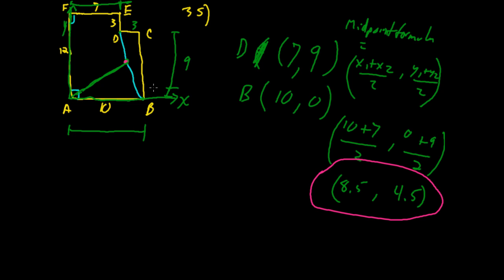But that's not what the question was asking. The question was asking, what's the distance from A? Well, we can see that this goes 8.5 units to the right, and 4.5 units up, because that's its x-coordinate and y-coordinate. We see that that is equivalent to choice D, 8.5 blocks to the east and 4.5 blocks to the north. Alright, we'll go on to question